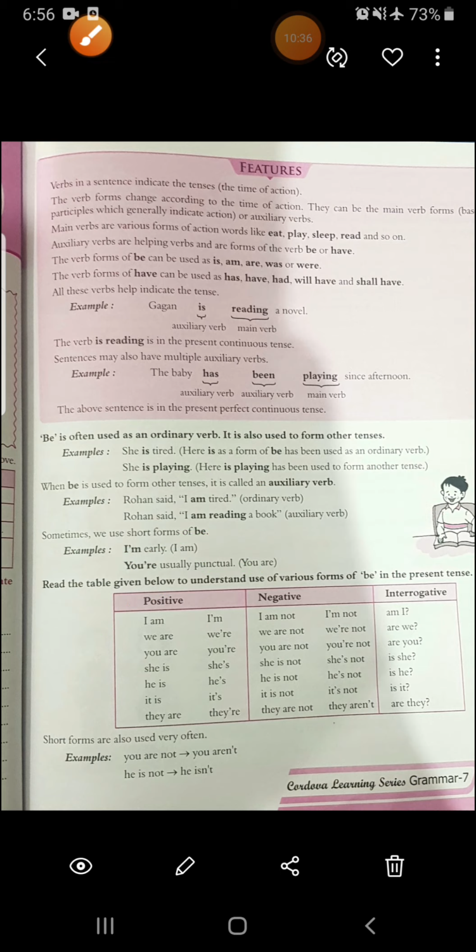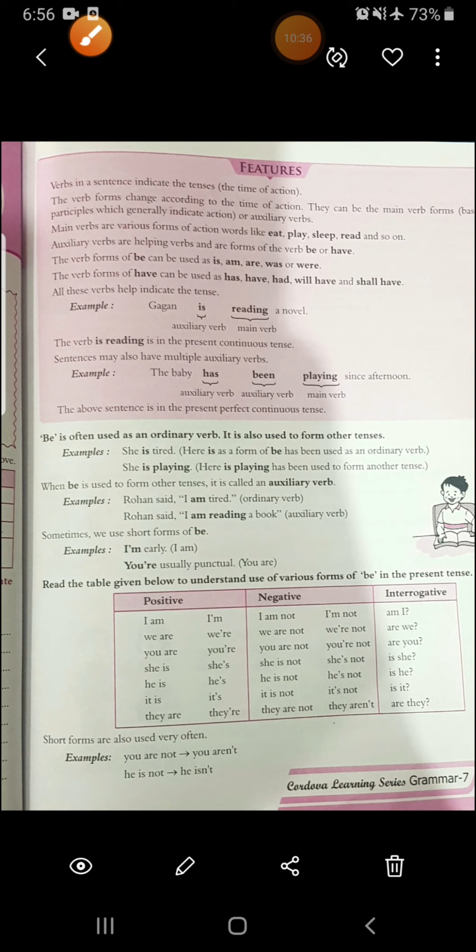Then see the second one, I am going to the nearby park. With I we use am. Then see the third one, Ragini has not broken his vase. Has is used with singular, so here we have used has. Then see the fourth one, Sushil is an intelligent boy. Again singular. Then see the fifth one, they are questioning him. They is plural. Then sixth, they are in a hurry. Again, they is plural.